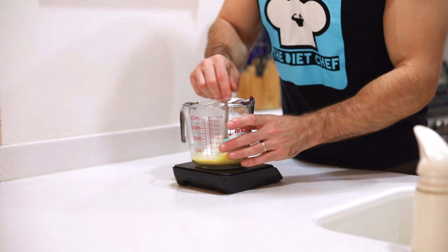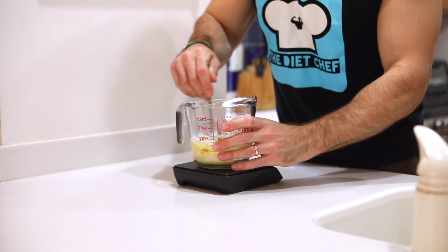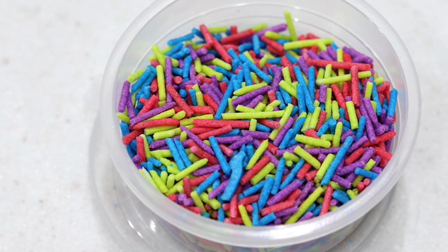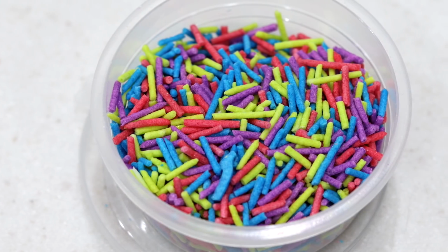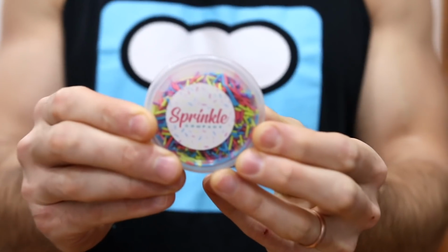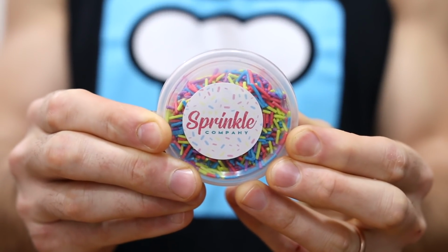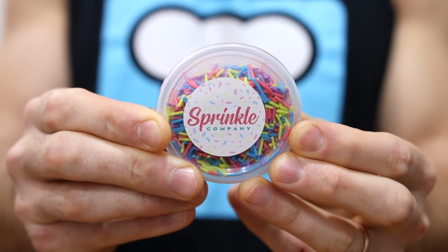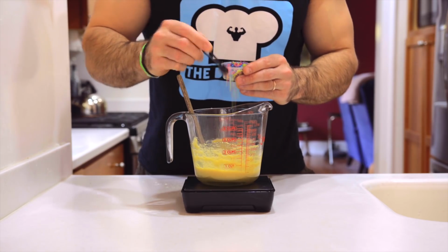Then we're gonna mix all those ingredients together until a thick cake batter consistency forms. Once it does, we're gonna get out the fun part of this Funfetti cake, and that is some keto sprinkles. I got these off Etsy from the Sprinkle Company, and I'll leave a link in the video description below so you can pick some up too. Anyways, we're gonna add a half a teaspoon of those to our cake batter, and then we're just gonna gently